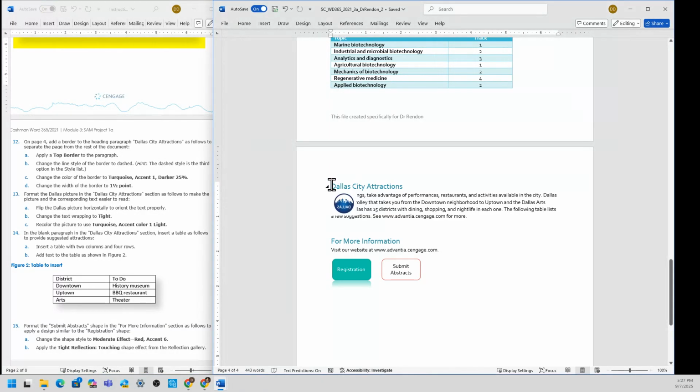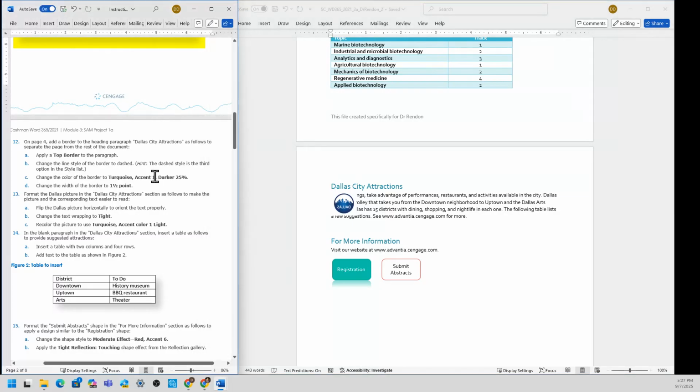So this here. Heading paragraph as follows to separate the page from the rest of the document. Apply a top border to the paragraph. Change the line style of the border to dash. The dash style is the third option. Okay.